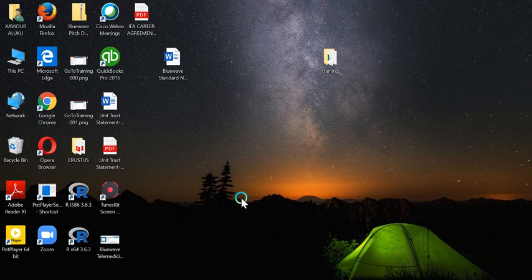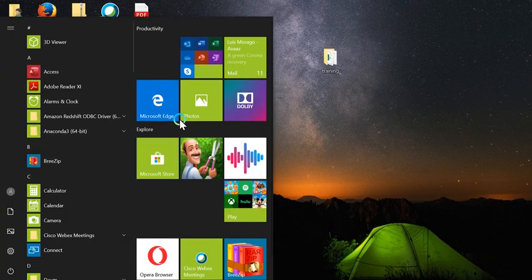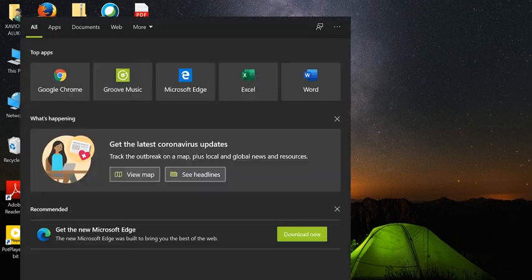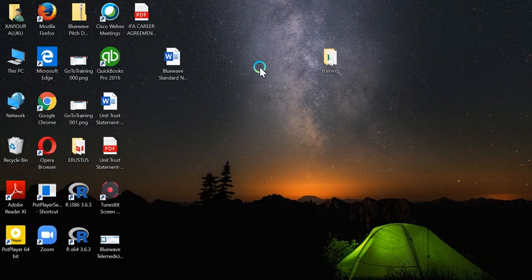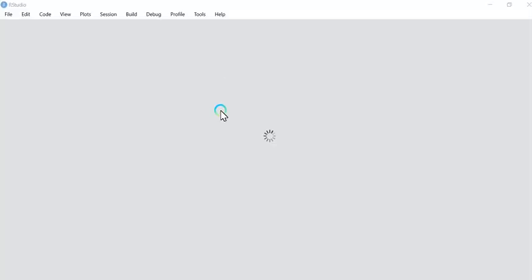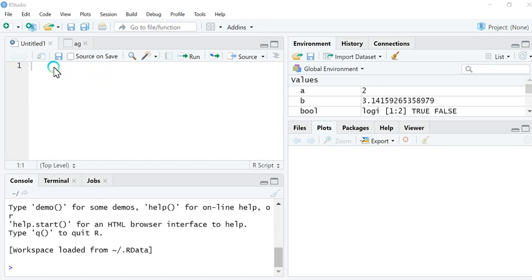So to start, I'm using RStudio. I have to search for RStudio, then open it. Then I'm going to type in the script window. This is the script window here. We have the console here, but I'm going to type in the script window. First of all, you need to have the package for COVID-19. It is called